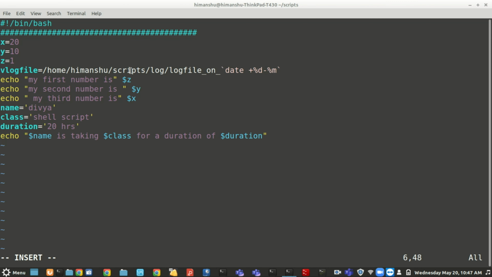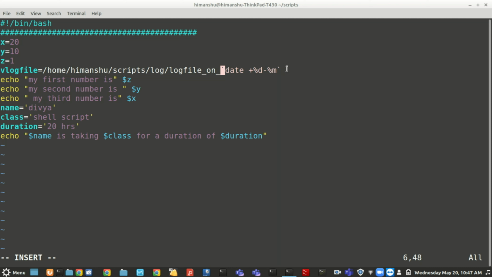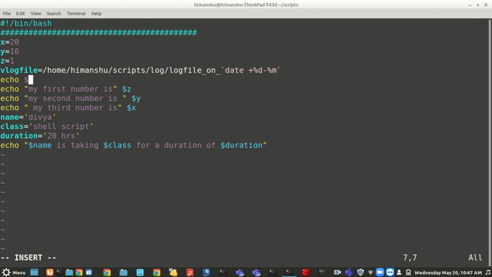Now right now it will not create the file, I am just storing a variable saying that the log file path is this. Let me show you the value now. If I go ahead and do echo $vlogfile. Because I am just printing the variable, I am not giving double quotes, but it is good practice, you can give it, that also will work, not a problem. You can save it.